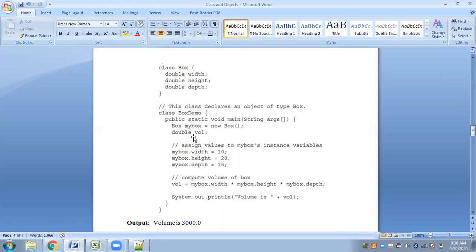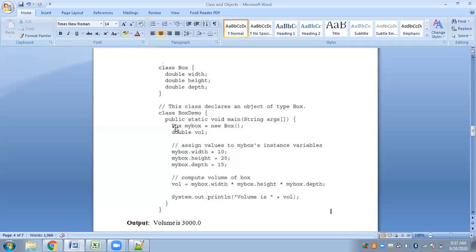Okay, so I'll now explain what is written in here. See, Box myBox equal to new Box. You know you have declared objects of the Scanner class already, so you know the syntax of declaring objects. It is the same way we declare objects, be it for any predefined class or for your own class. This is my Box class, because I am creating an object of this class since I have to use the members of this class.